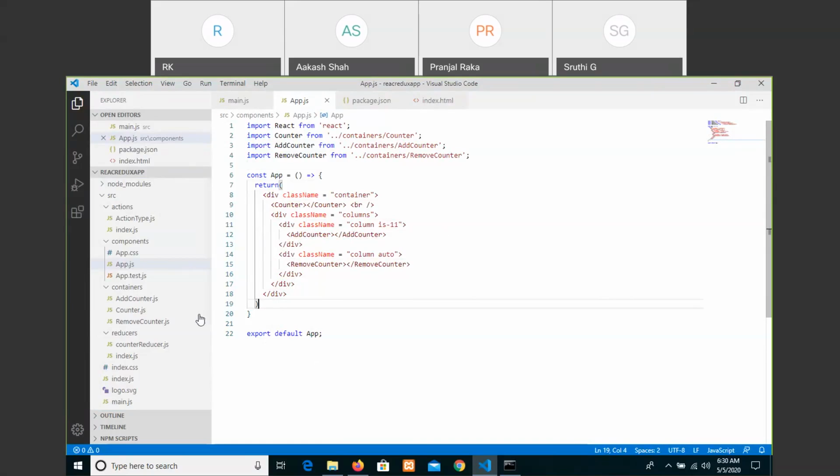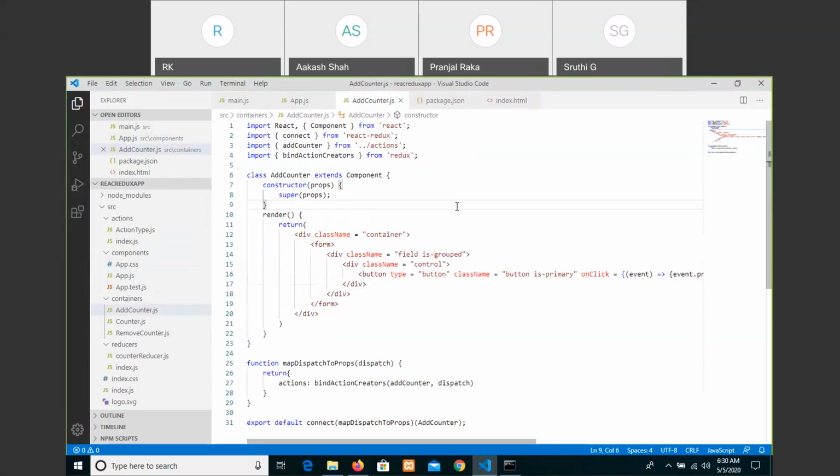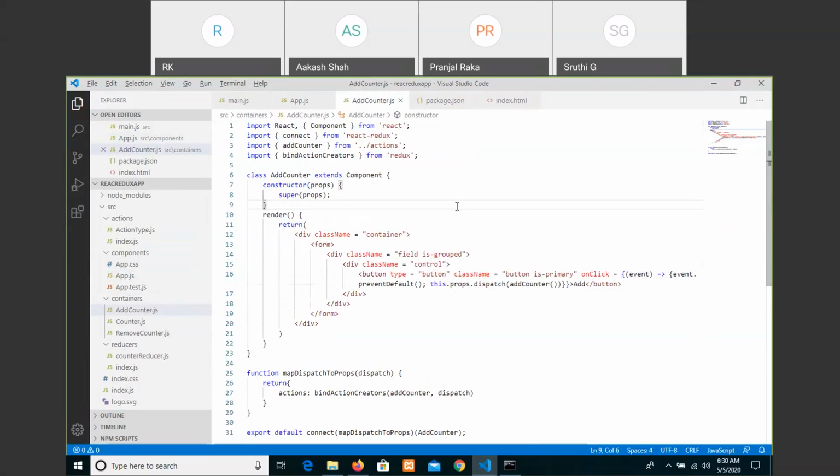So when it comes to the add counter, React component, connect, add counter from actions of the index file, whereas bind actions which is coming, add counter extends, and we are sending the props, and that is render return container.